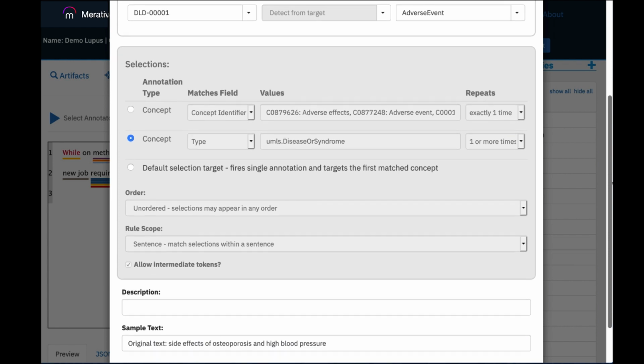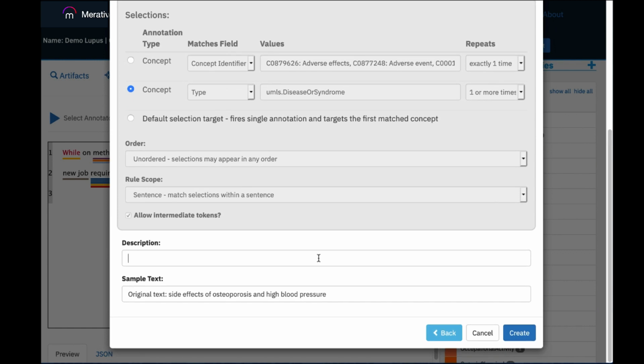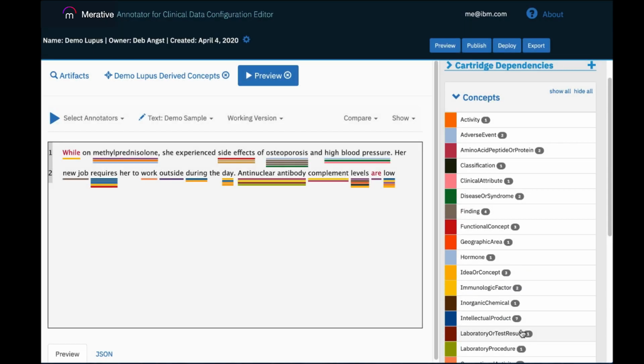Once I have my derived concept definition as I like it, I can optionally give it a description, and then I'll go ahead and click Create. It will add my new derived concept definition to my cartridge, and it will automatically rerun my unstructured text in the preview mode. Moving to the list of discovered and derived concepts in the right panel, you can now see a concept with the type adverse event. If I select it,